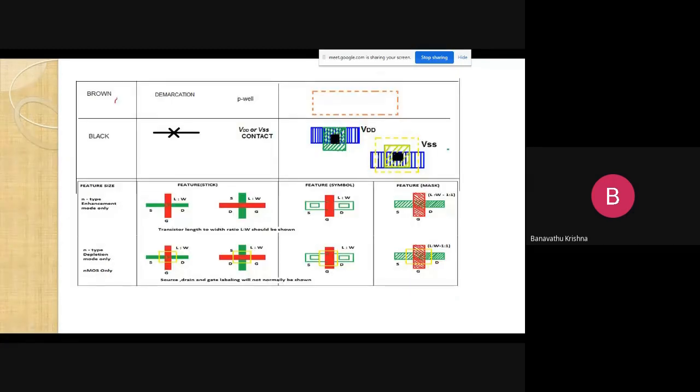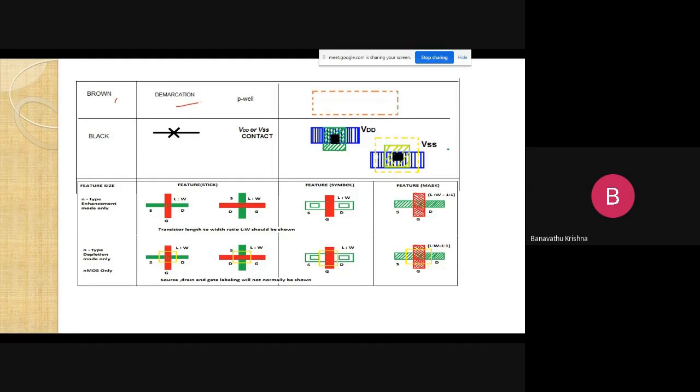Next is brown color, the demarcation line. If I want to work with a CMOS transistor, there are two types of devices, P channel and N channel. There is one condition: the P diffusion and N diffusion layers must not be connected together. So we separate the P diffusion and N diffusion layers by this layer, the demarcation line.